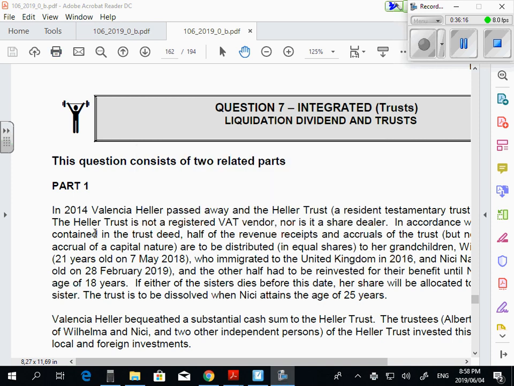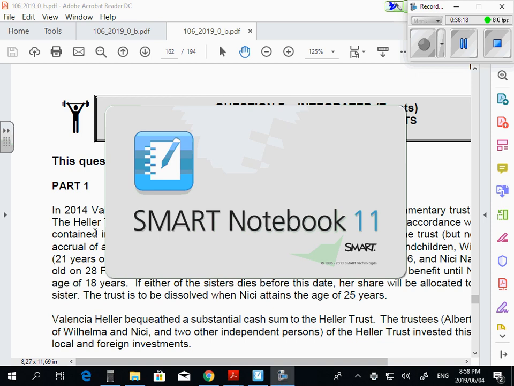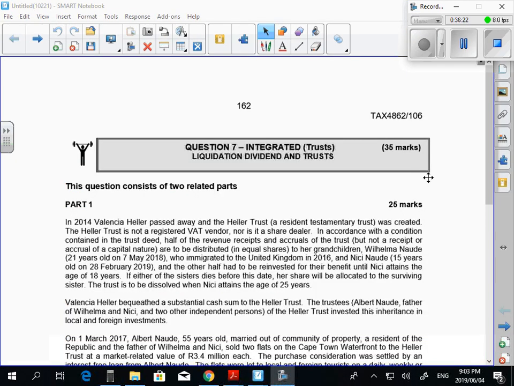Hella Family Trust, Hella Trust. Can I ask you to read through Hella Trust, please? So it says, in 2014, Valencia Hella passed away, and the Hella Trust, a resident testamentary trust, was created. The Hella Trust is not a registered VAT vendor nor a share dealer. In accordance with the condition contained in the trust deed, half of the revenue receipts and accruals of the trust, but not a receipt or accrual of a capital nature,